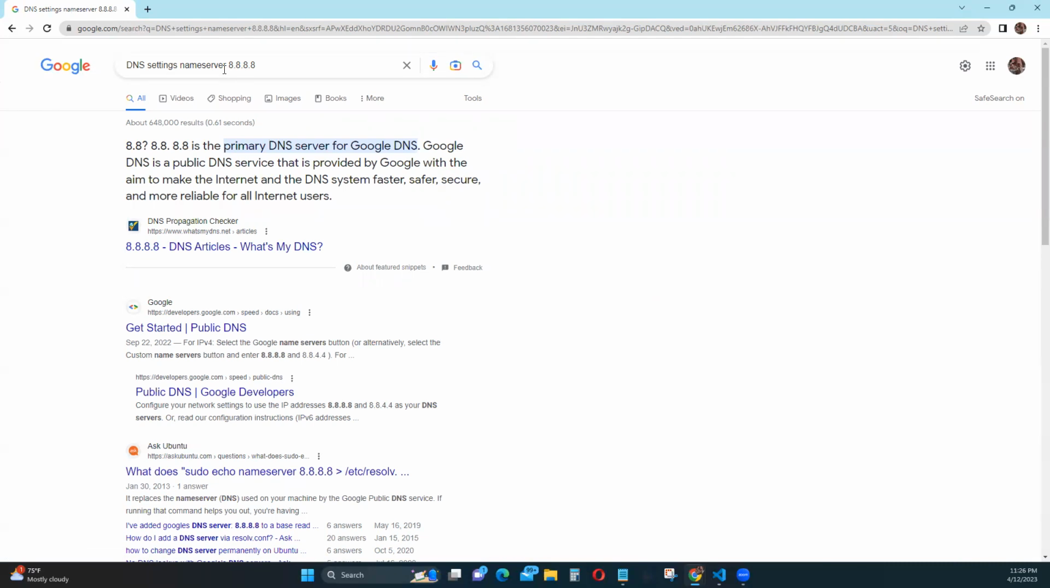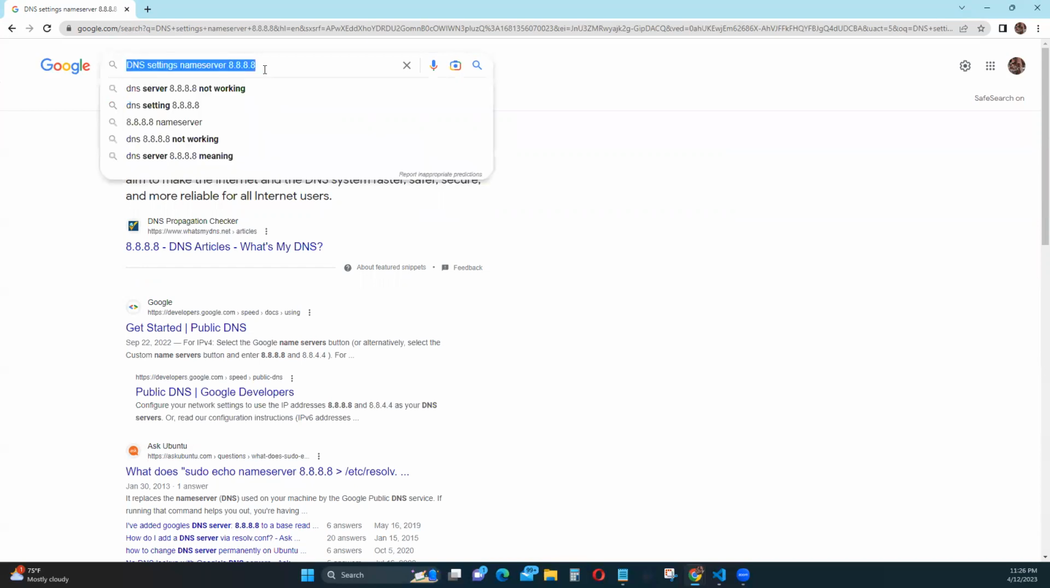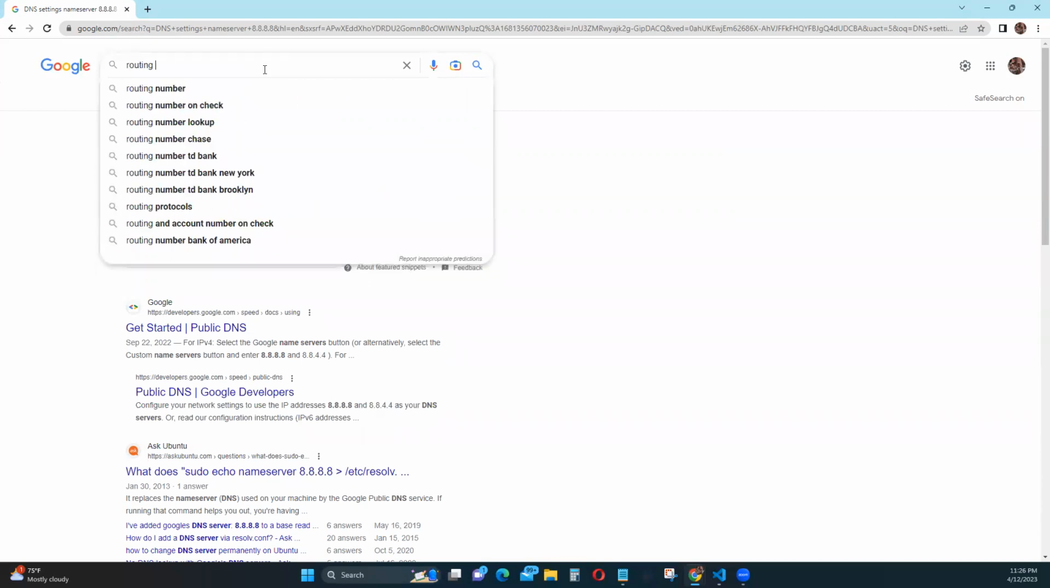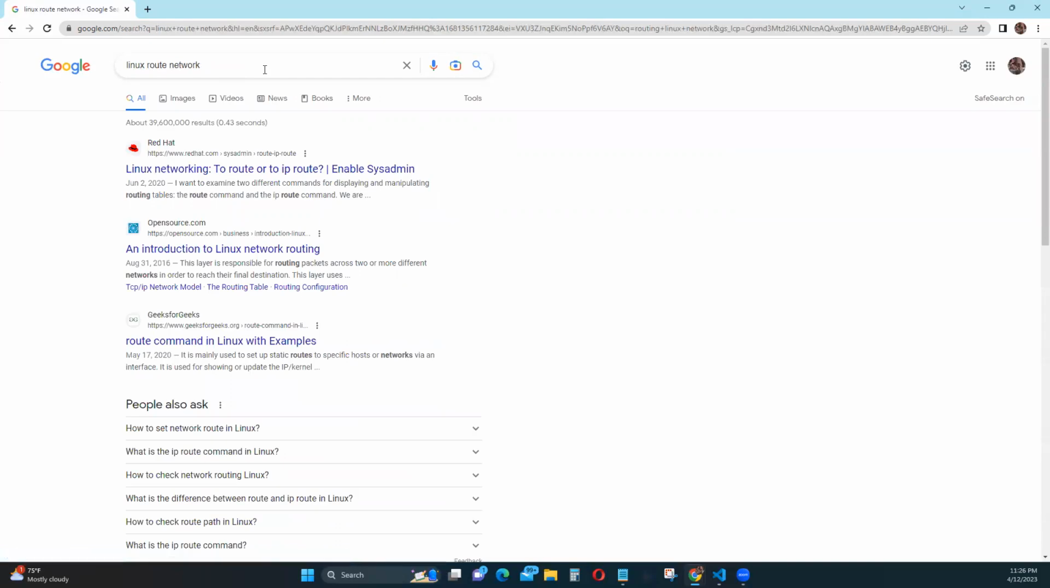So another thing within the configuration is routing in Linux networks. Linux uses the route command to view and configure routing tables. The routing table is used to determine the best path for packets to take when moving data between different networks. For example, you can use the command